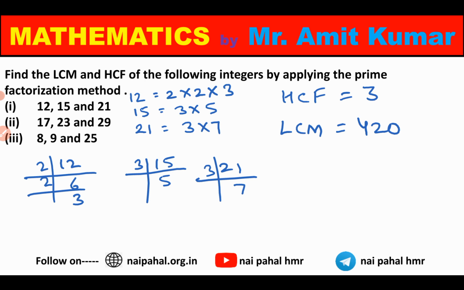So according to that, if you didn't get how 420 comes, then I will tell you. 2 multiplied by 2 multiplied by 3 multiplied by 3 is common, and 5 multiplied by 7. 2 2s are 4, 4 3s are 12, 12 5s are 60, 6 7s are 42 and 0, giving 420. Okay, I hope this was clear for you. Now you have already found the LCM and HCF by the prime factorization method, in which each number is factorized separately.